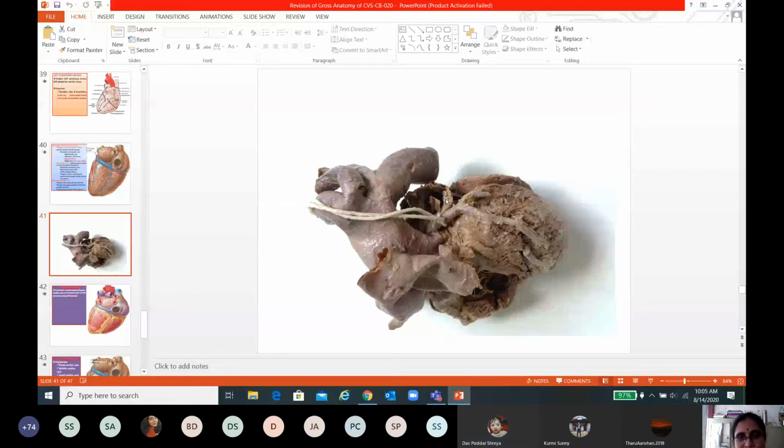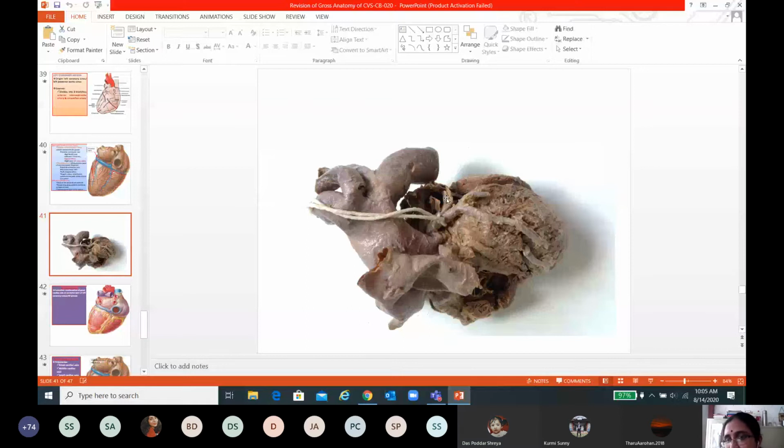You are right, absolutely right. What is this one which I am using the pointer? Can you see this one? Yes, ma'am. What is this? Okay, Shreya is confused. I will ask another.